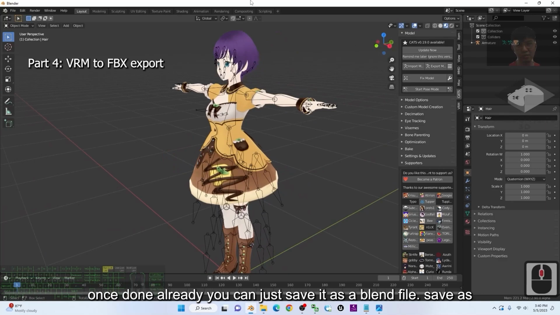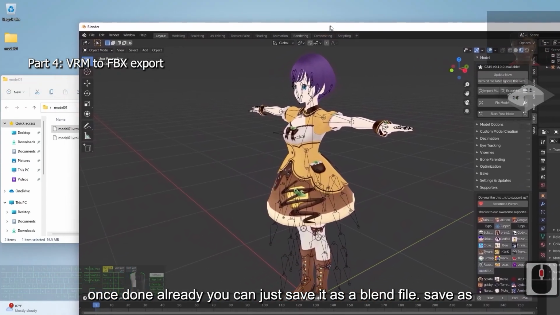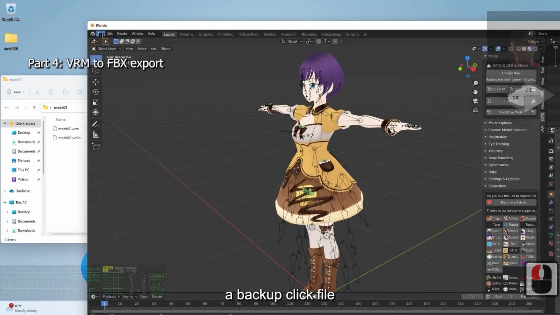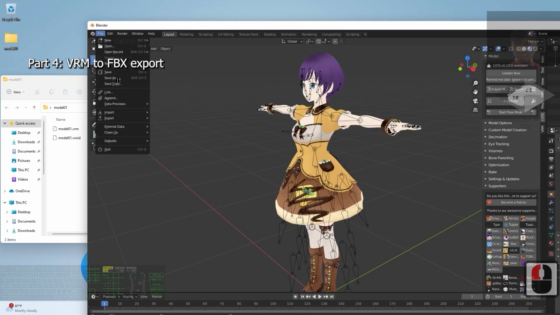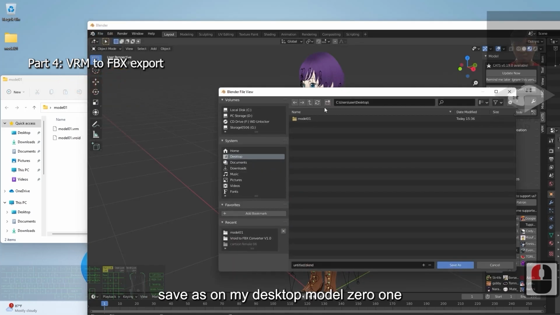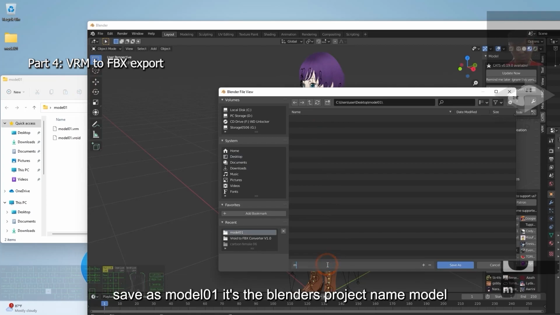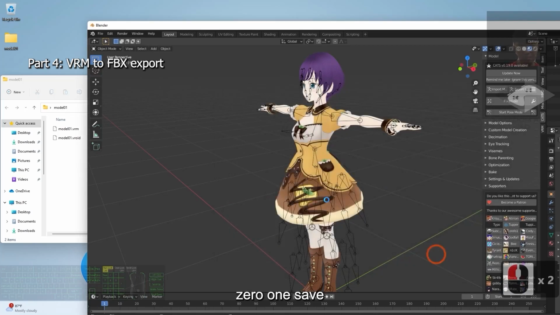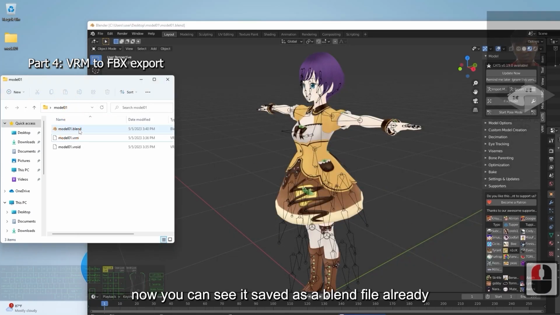Once done, you can save it as a blend file, as a backup. Click File, Save As. On my desktop, Model 01, save as Model 01. It's the Blender project name, Model 01, save. Now you can see it's saved as a blend file already. Next,